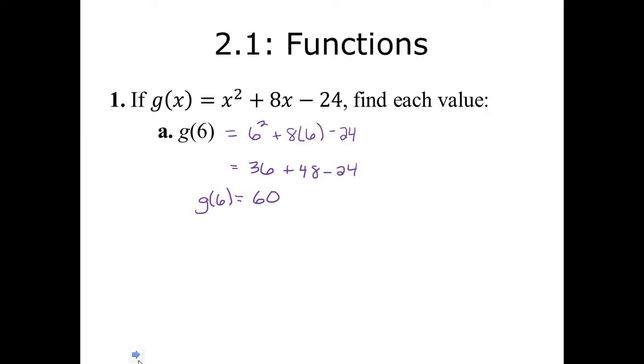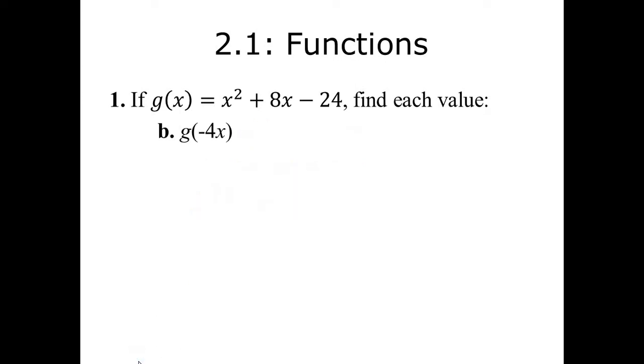All right. Next example is going to look a little different. Let's find g of negative 4x. We're going to use the same exact function as before, except now we're evaluating the function g at some value of x, and specifically negative 4x. So wherever we see an x, we replace it with a negative 4x. So we have negative 4x squared plus 8 times negative 4x